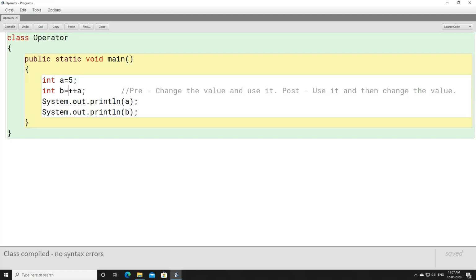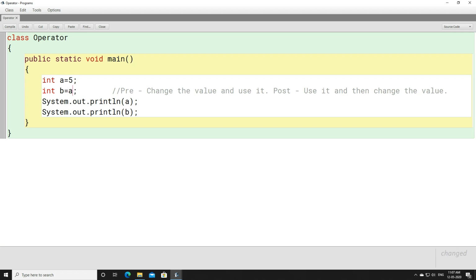Now let's change this ++a to a++. When we use a++, this is called post-increment, and post-increment says that first use it and then change the value. When we move from left to right, first we have to use the value of a. What is the value of a? That is 5.